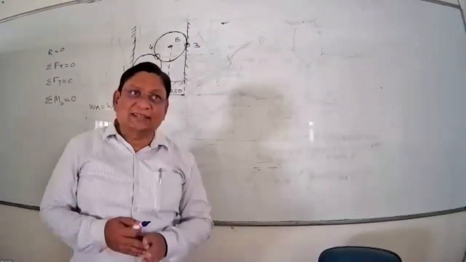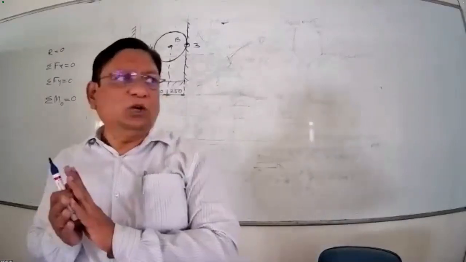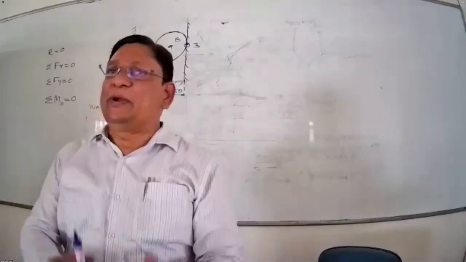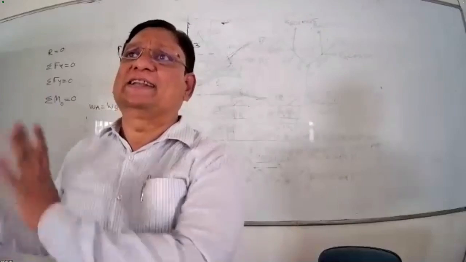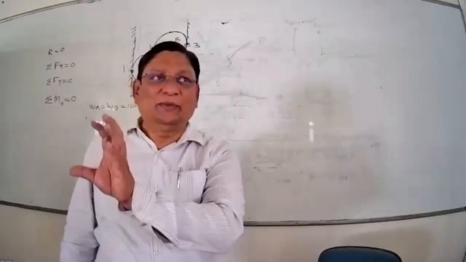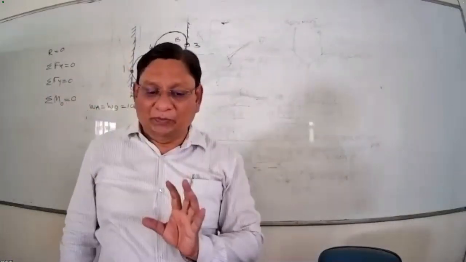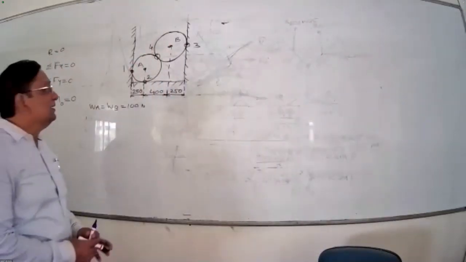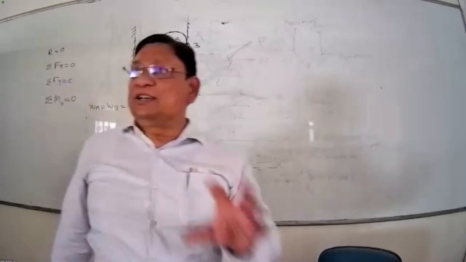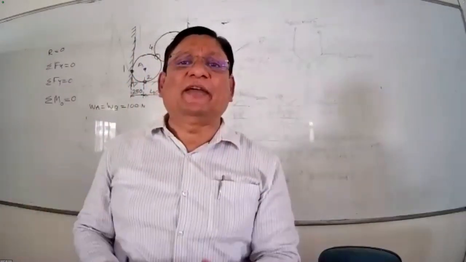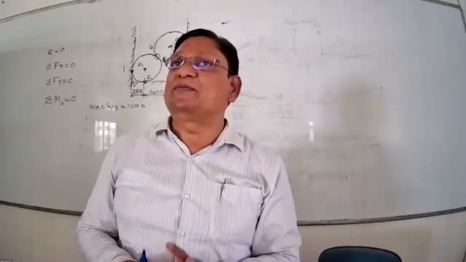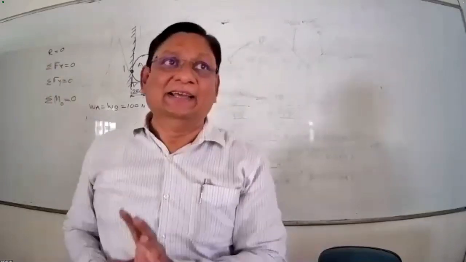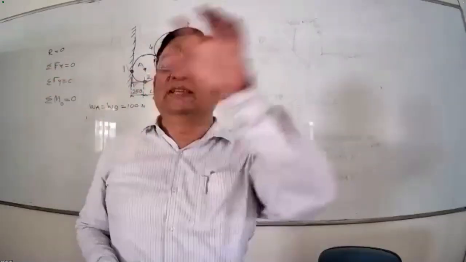In such cases, don't apply your head. Straight away, draw the free body diagram of both the cylinders separately. Cylinder A और cylinder B का separate free body diagram निकालो. Let us see what happens here, and later on we will decide where to start. Are you getting my point? First, if two cylinders are given to you, straight away draw the free body diagram of both the cylinders separately. Cylinder A free body diagram, cylinder B free body diagram.